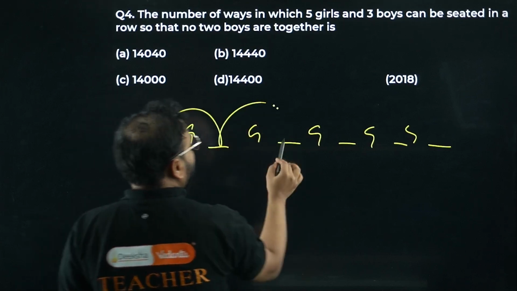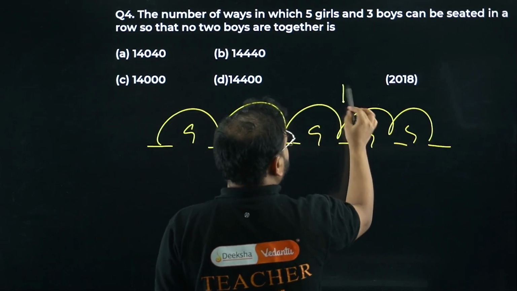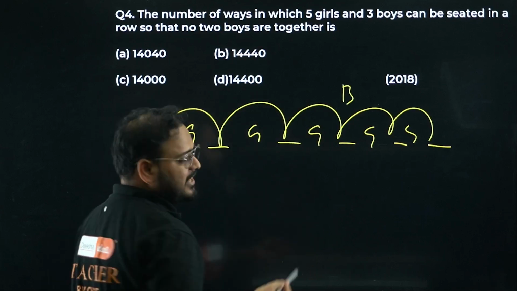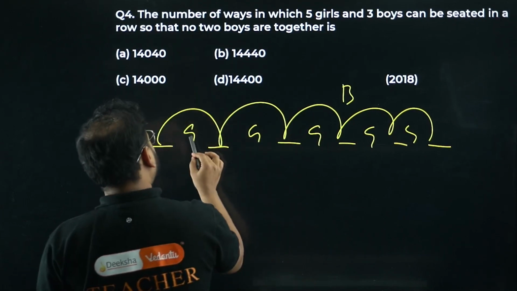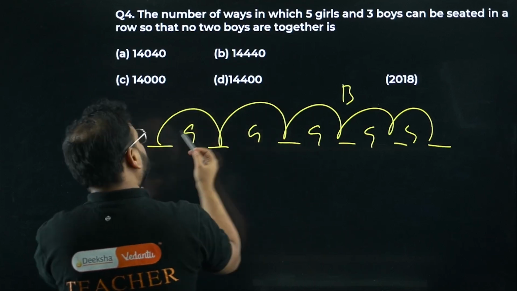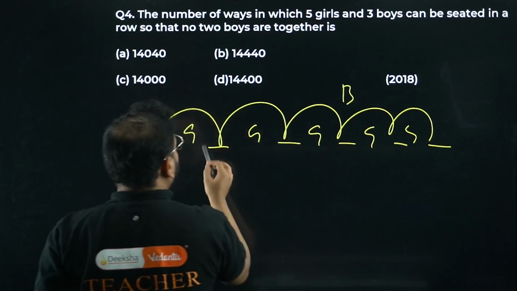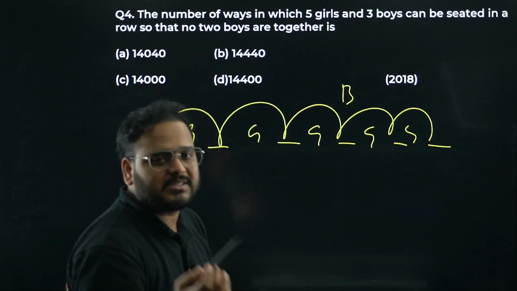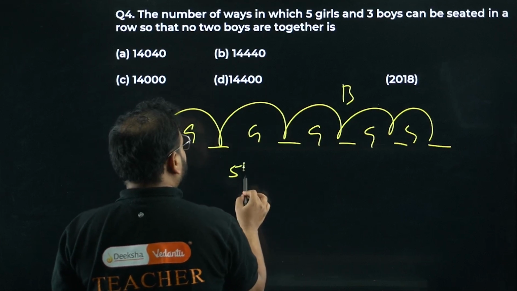These spaces are for boys, right? For girls we have 5, which means I can choose any 5 ways. I can take the first girl over here, then the second girl over there, like that. I'll take the second girl over here, first girl over there, like that. Basically, for choosing 5 girls to sit in 5 places, we'll have 5 factorial as a result.